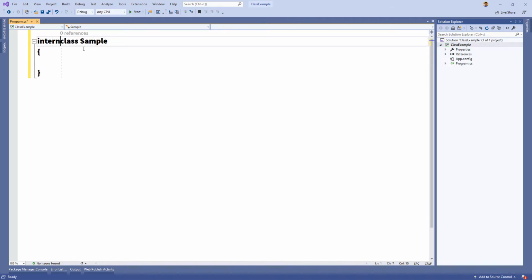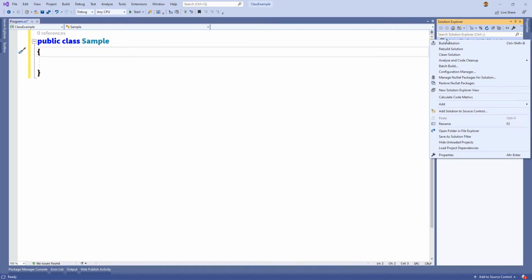Optionally, you can declare the class as internal class or public class. So this public class is accessible within the same assembly or in other assemblies also where we have reference of this particular assembly. For example, we are going to add a new project in the same solution. So I right click on the solution, add new project,